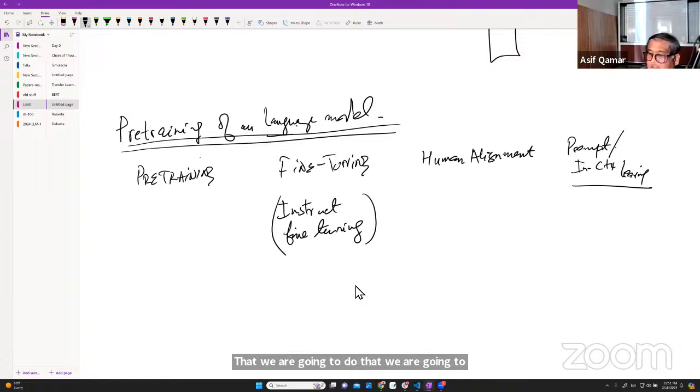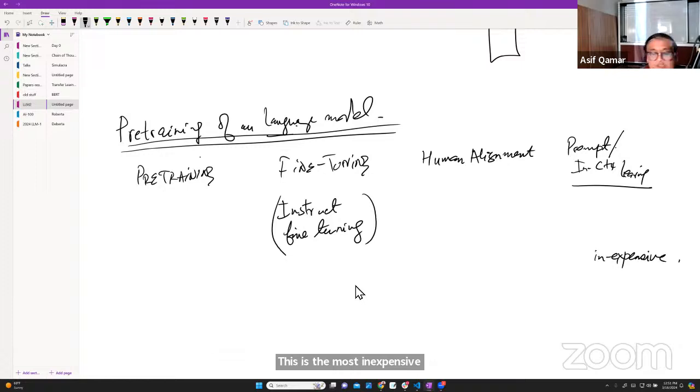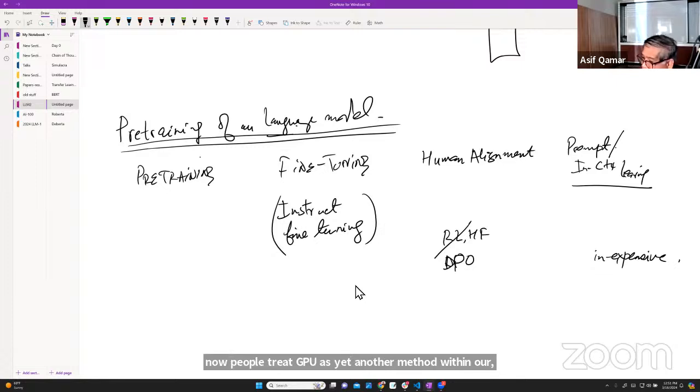So let's walk through. This is the most inexpensive. Write your prompt, you're done. Right? Human alignment was done with RLHF, but today we know, if you remember, we covered the paper, direct preference optimization. So you don't need to do it with reinforcement learning. You do it with DPO. Well, things have gotten a little bit confusing because now people treat DPO as yet another method within RL, which is a little odd. But anyway, then pre-training is the most expensive